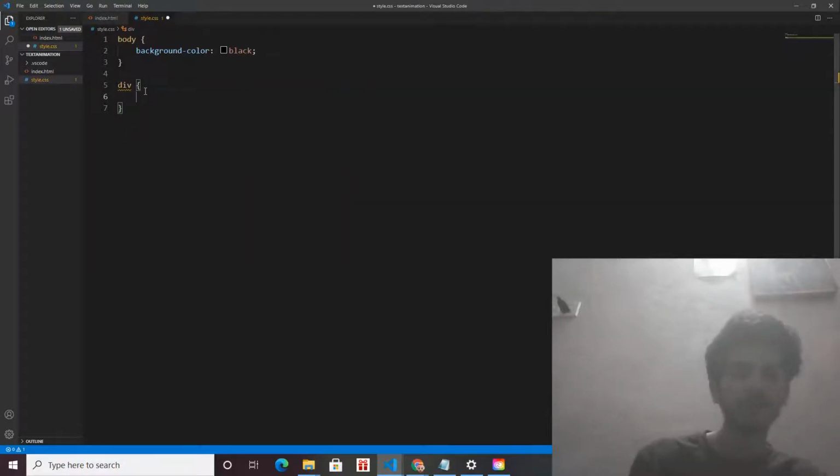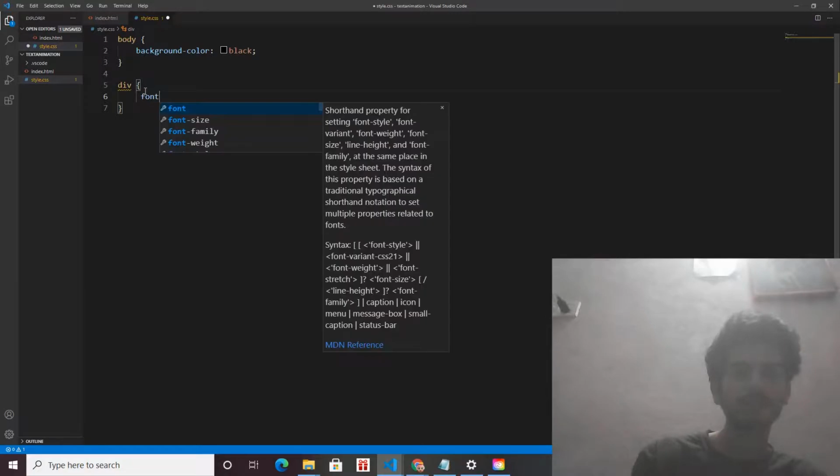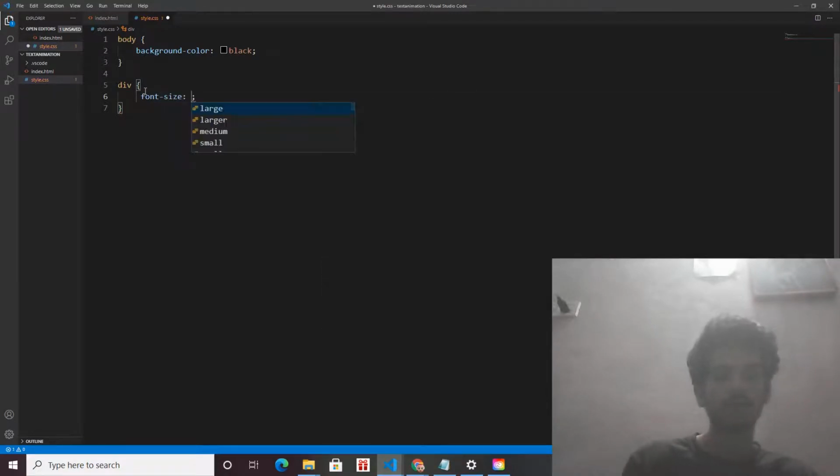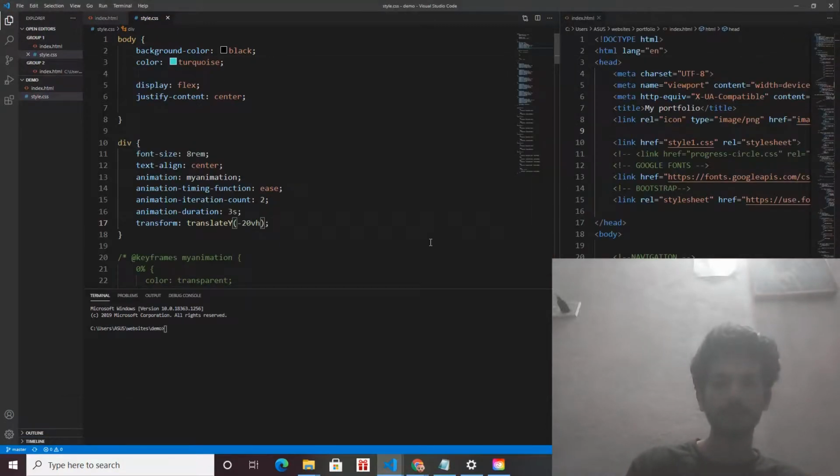In all the divs I want to give a font size of 8rem. Let's check the size of my text.